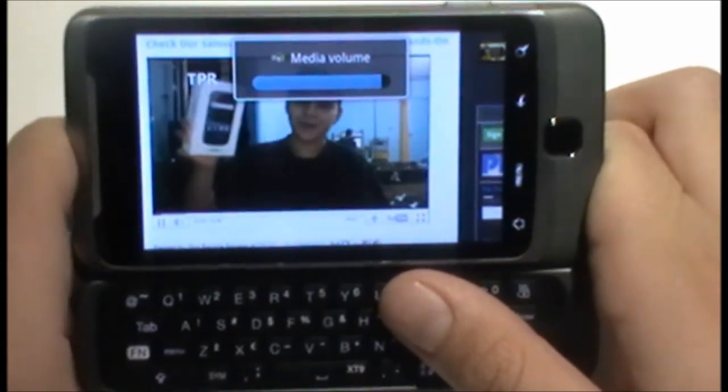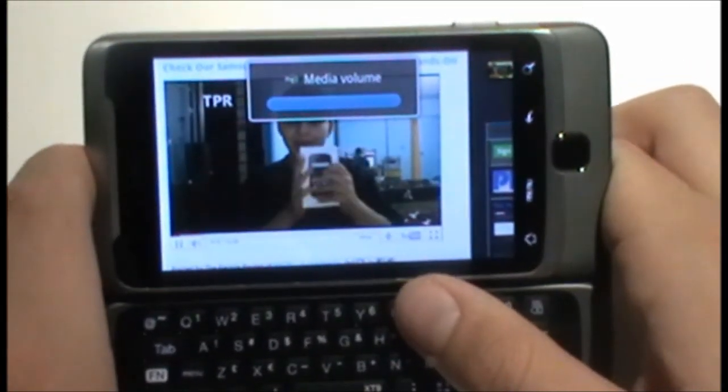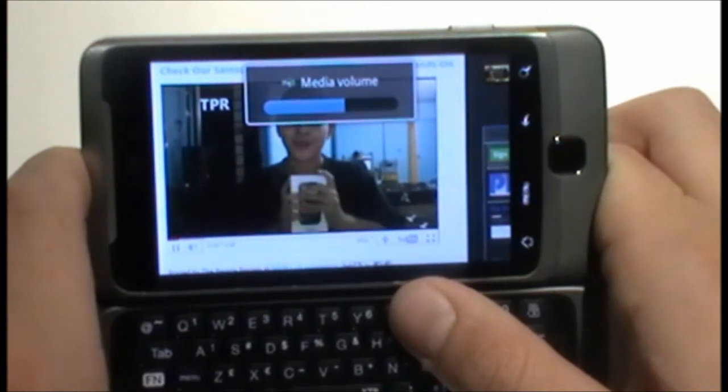Just came in the mail. Samsung Nexus is one of the biggest